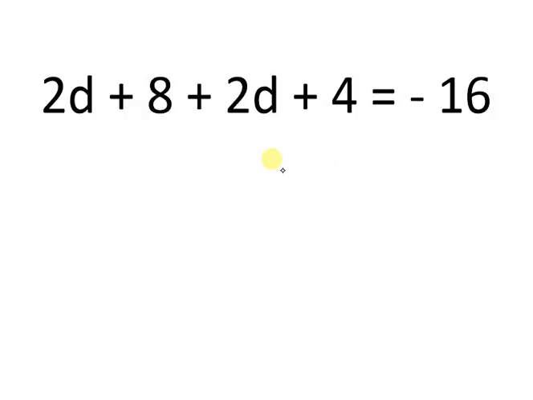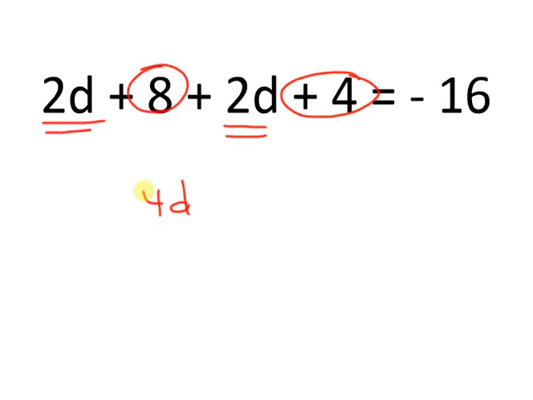Alright, here I have a combining like terms problem. So I have 2d and 2d, and then I have a +8 and a +4. So I need to combine these like terms. 2d and 2d, that's going to be 4d. 8 plus 4 is going to be 12. Equals -16. I'm going to box my variable,